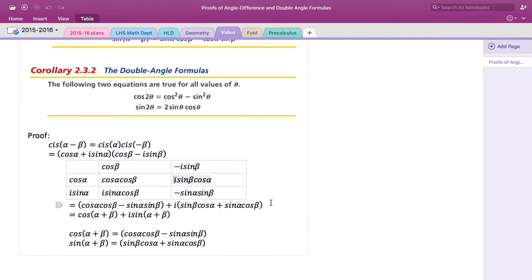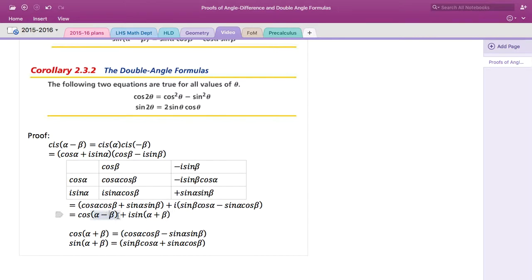Instead of having I sine beta cosine alpha, we have minus I sine beta cosine alpha, and plus sine alpha sine beta. So this part will be plus, then this part will be minus,